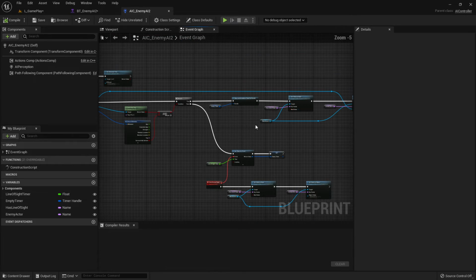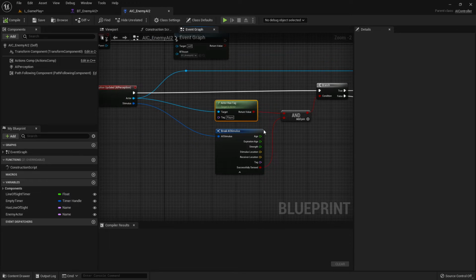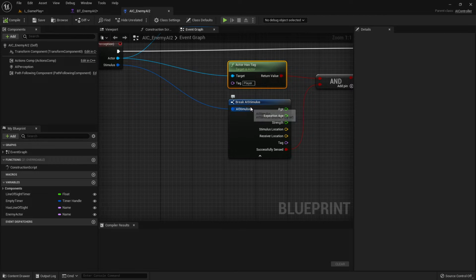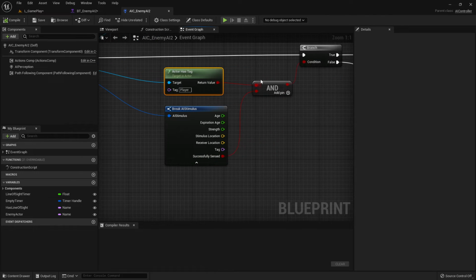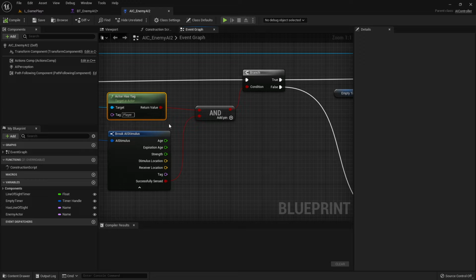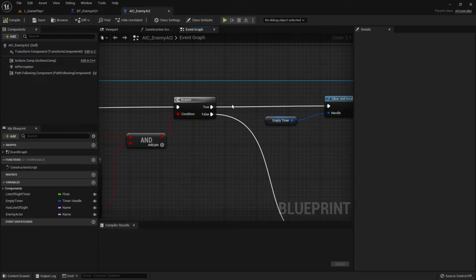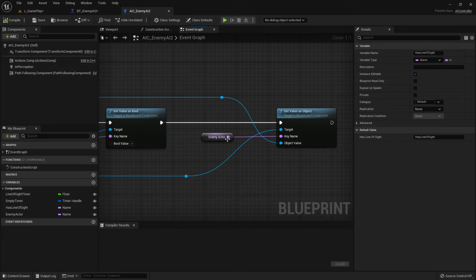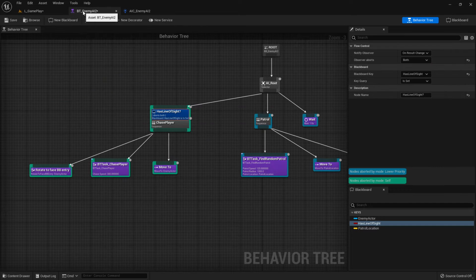And all this is actually just, it checks if the player has the tag player, in our case our player character, yes. And it checks if this stimulus has sensed anything, and it says yes, and in this case anything is the player, because we combine them with an AND. Then when it goes here on true, it will set as line of sight, important, a setter to true, enemy actor to our player character,